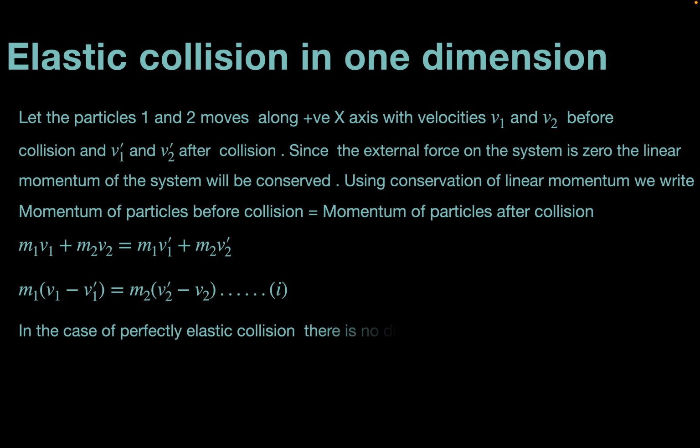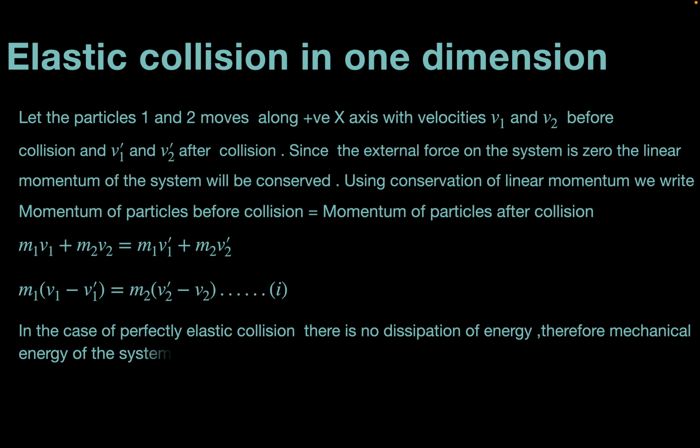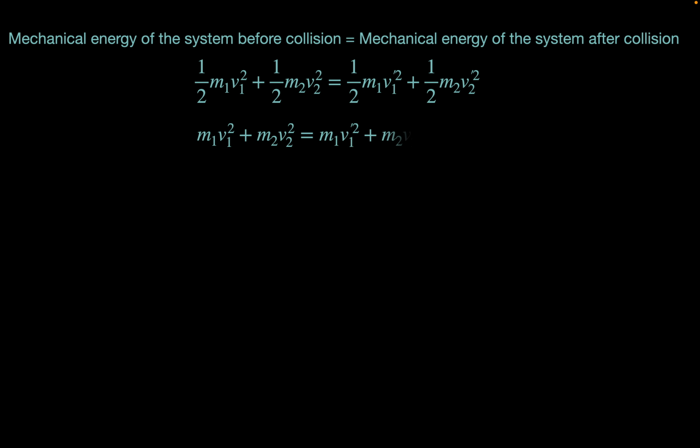In the case of perfectly elastic collision, there is no dissipation of energy. Therefore, mechanical energy of the system is conserved. So we can write: mechanical energy of the system before collision equals mechanical energy of the system after collision, and we formulate as half m1 v1 square plus half m2 v2 square equals half m1 v1 prime square plus half m2 v2 prime square, or we simplify this to m1 v1 square plus m2 v2 square equals m1 v1 prime